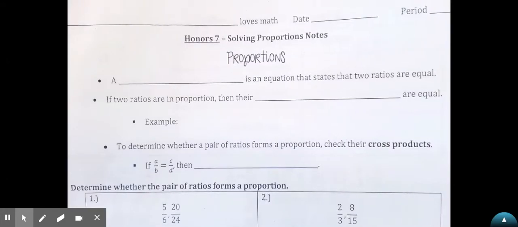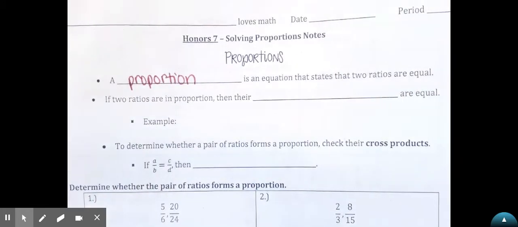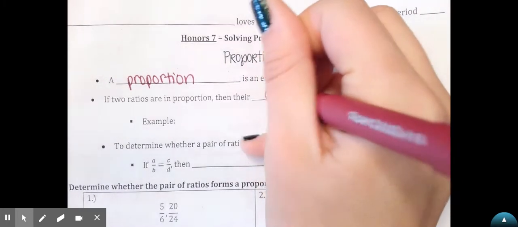The next topic we will be talking about is solving proportions, okay? A proportion is an equation that states that two ratios are equal. If two ratios are in proportion, then their cross products